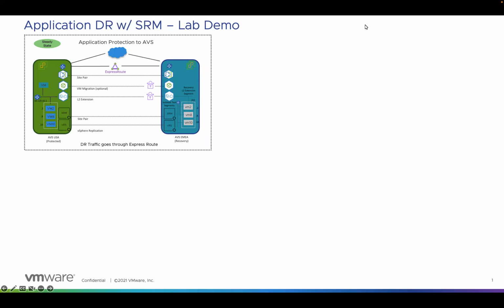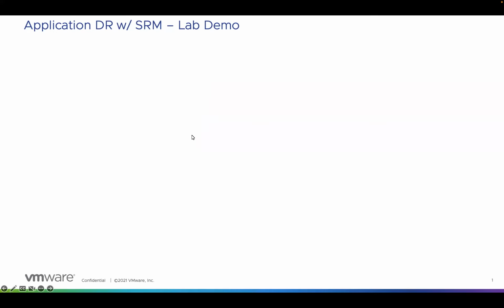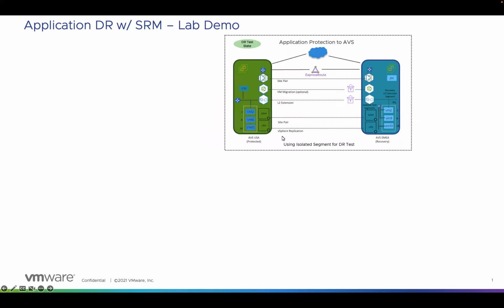So in one of the earlier sessions, we protected 3 virtual machines which are running in production in our US AVS instance, and these were protected to our EMEA AVS instance. After the initial setup, we did a DR test in the second session where we brought up a copy of the recovery VMs inside the EMEA environment in an isolated environment and were able to test those while the production VMs